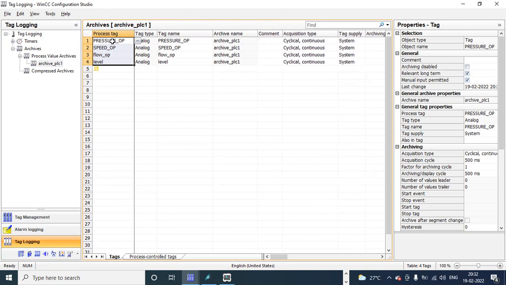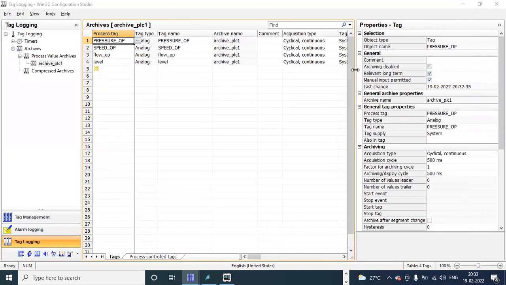Now for these tags, select the first tag here, pressure output. On the right side, we have a property window for the tag. In this, object type is tag, object name is pressure output.